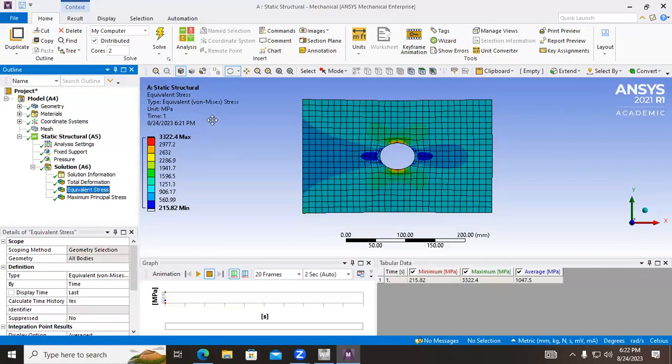Then we can look at the stress field as well. You can see we have a maximum stress of about 3,322 megapascal, and that is occurring on the top edges of the hole. Then we have a minimum stress of about 215 megapascal, which is occurring